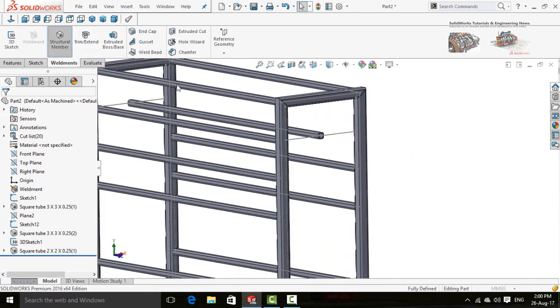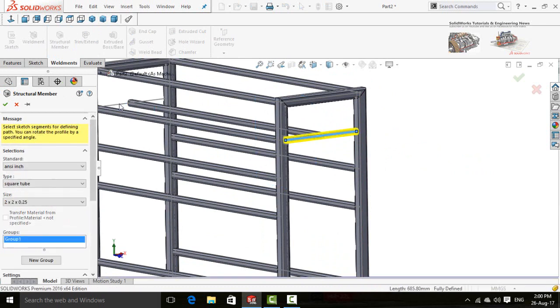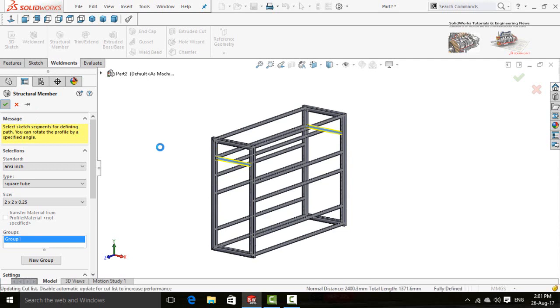Again click on structural member and select this line and this line. Now press OK button.